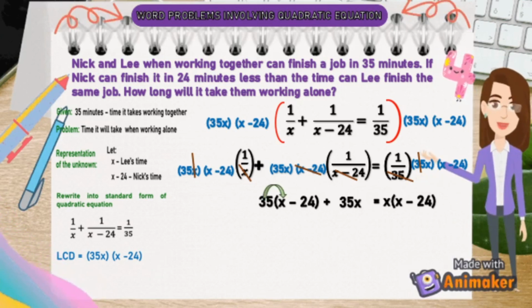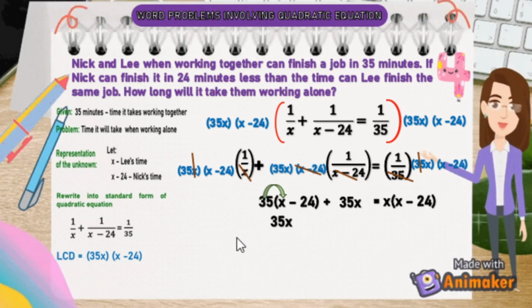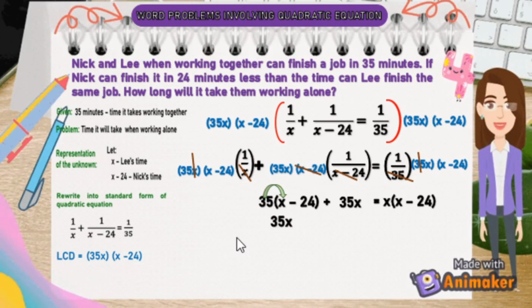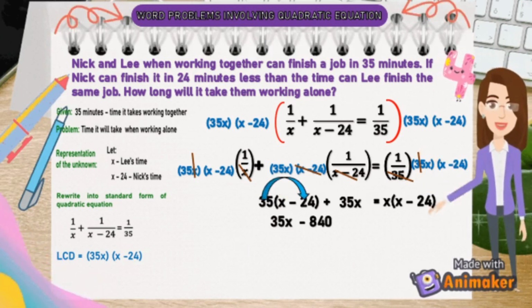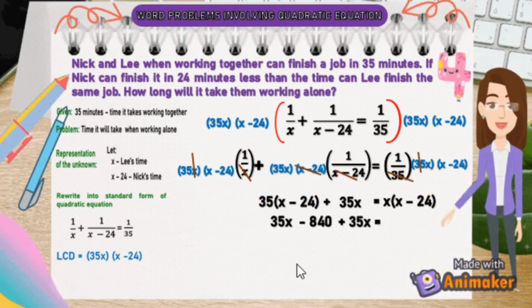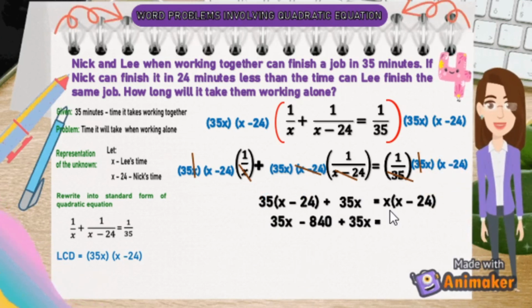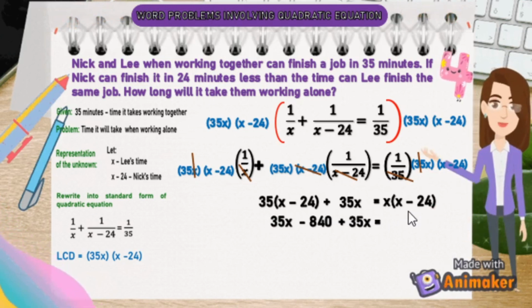We have to distribute 35 sa x minus 24. So, 35 times x, we will have 35x. And then, 35 times negative 24, we will have negative 840 plus 35x, kinopy lang yung 35x dito, is equal to, distribute naman natin yung x sa x minus